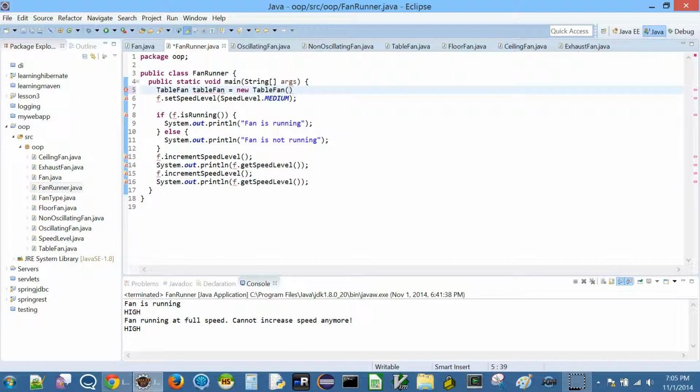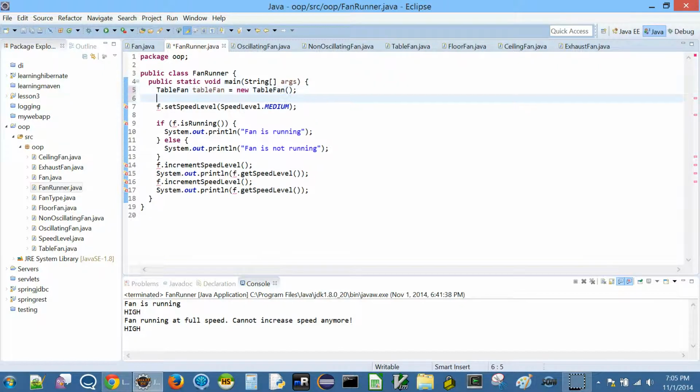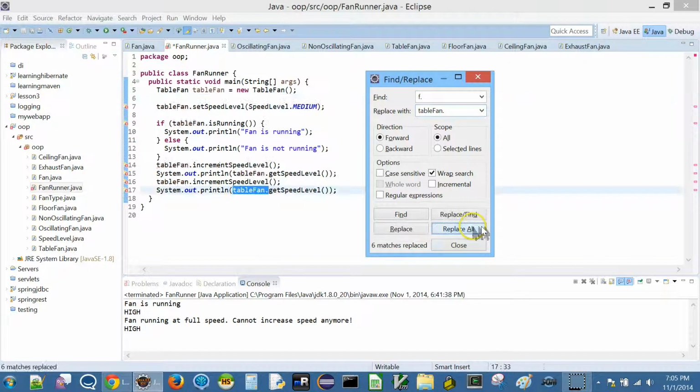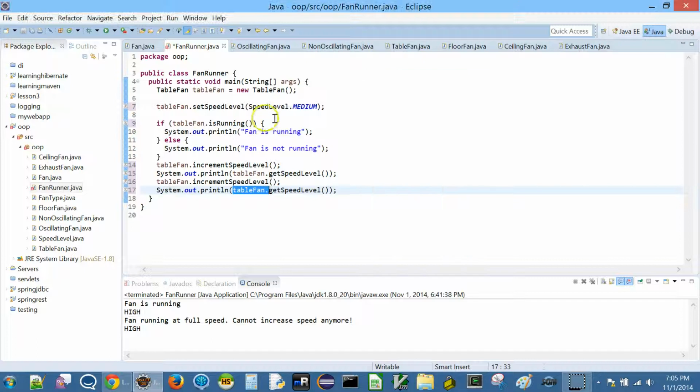Can I do this? Okay, now remember we just saw constructors, and of course I need to change all this F to table fan. So let me just find and replace all the F dots with table fan dot so that now my code compiles. Now I have a table fan. I created a new table fan.